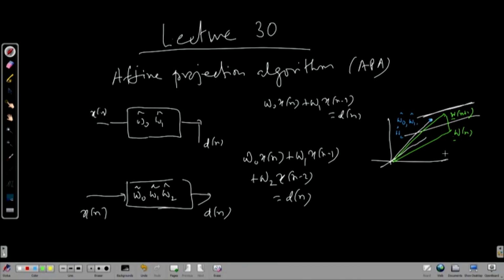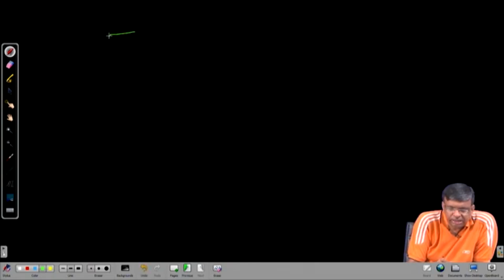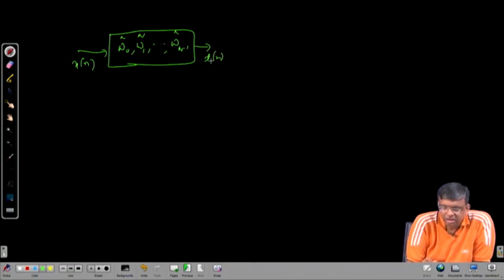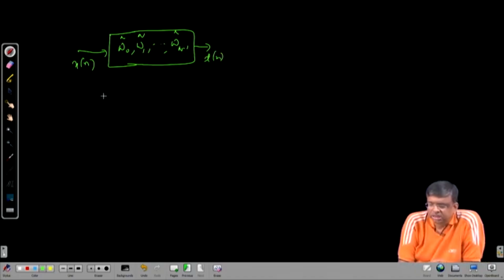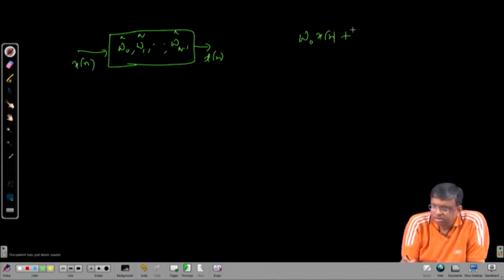In the case of affine projection, we generalize like this. Here, just consider a general case. These are true parameters. You have got Xn, and in the absence of noise, you have got Dn. Since I do not know these coefficients, the general equation I write will be in terms of these unknowns: W0 Xn plus